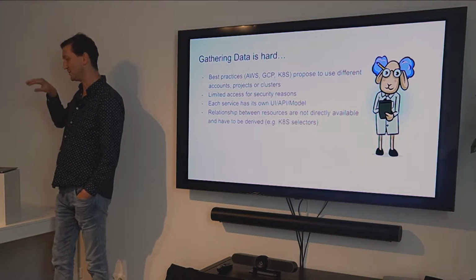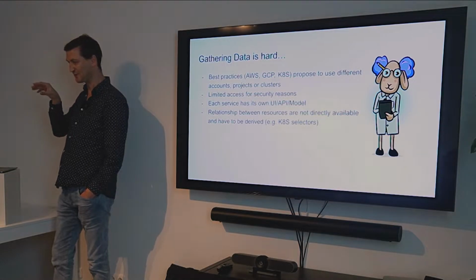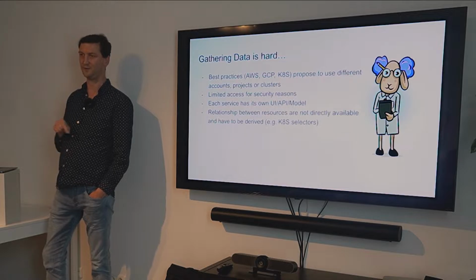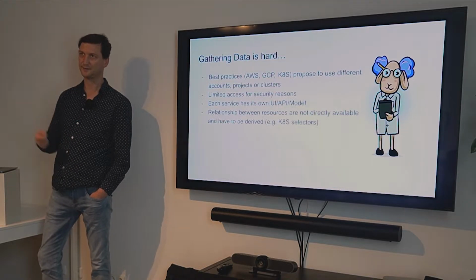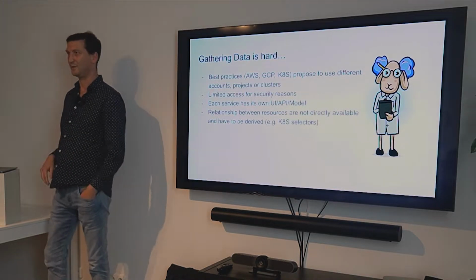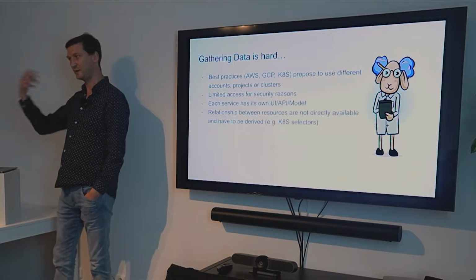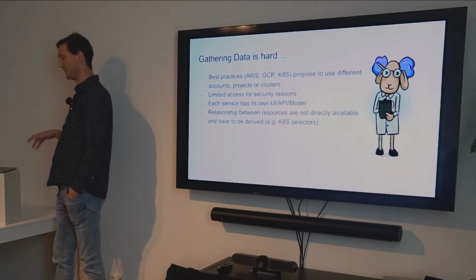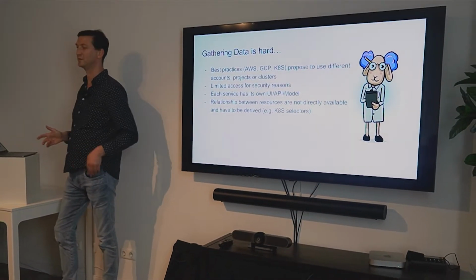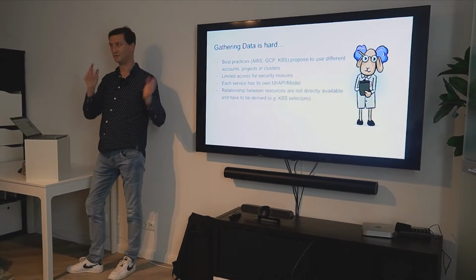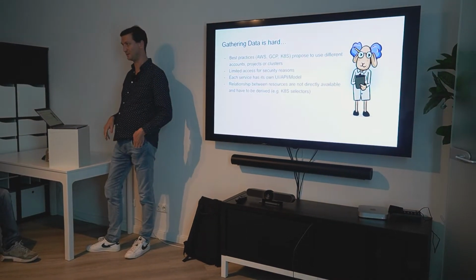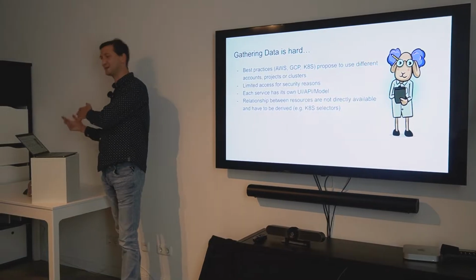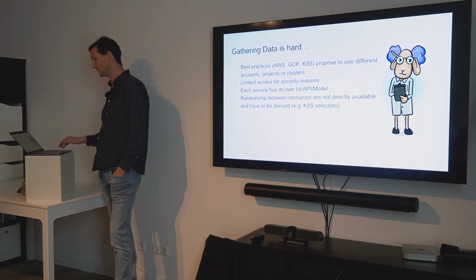And if you look at the services that you use, you also see that every service has its own UI, API and model. So in order to understand what the interesting information is that I need from a service, I actually need to understand every service and every model. If you look at Kubernetes, they try to be very consistent in their schema. If you look at AWS, there's a mess all around. It's very different, but overall, you need to understand the service in order to gather